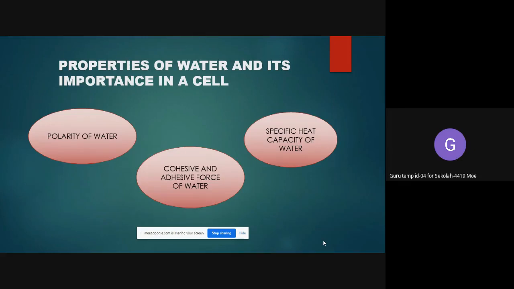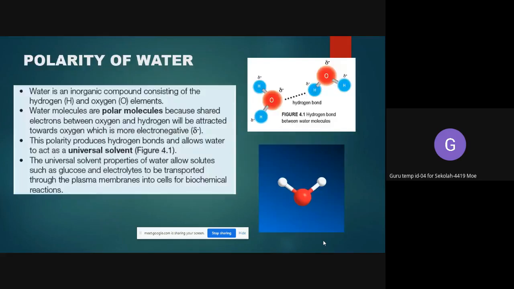There are several properties of water. The first one is polarity of water. The second one is cohesive and adhesive force of water. And the third one is specific heat capacity of water. So, polarity of water. Water is an inorganic compound consisting of the hydrogen and oxygen elements. Why is water an inorganic compound? It is because water does not contain carbon element. And the formula for water is